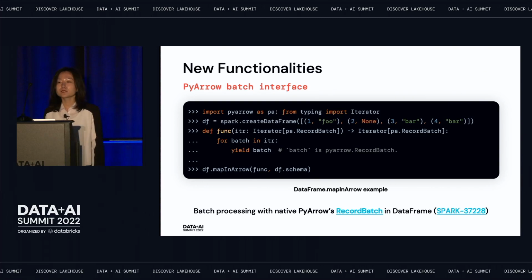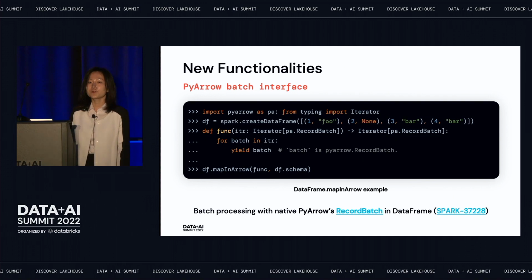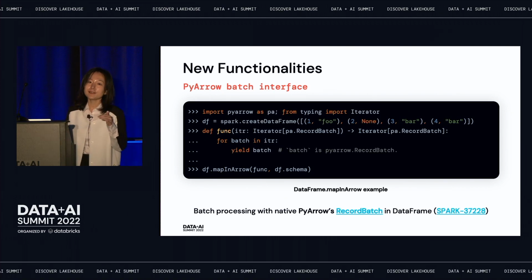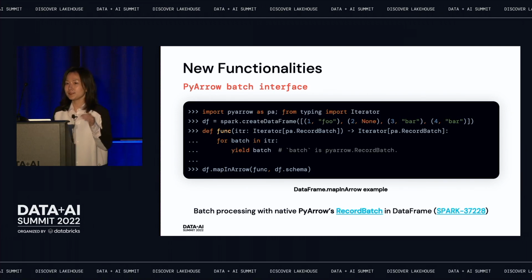Second, we introduced the PyArrow batch interface. That is the DataFrame.mapInArrow API. With that API, we can view the data frame as Arrow batches and apply a native Python function that takes in and outputs an iterator of Arrow batches.